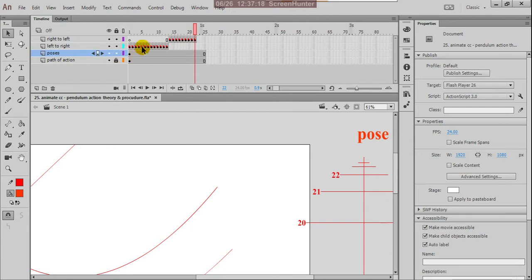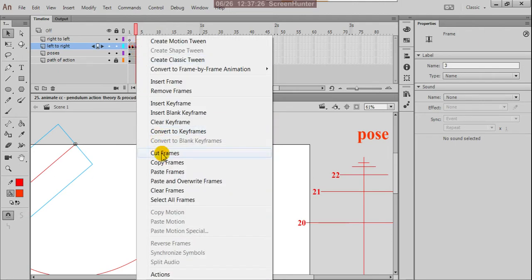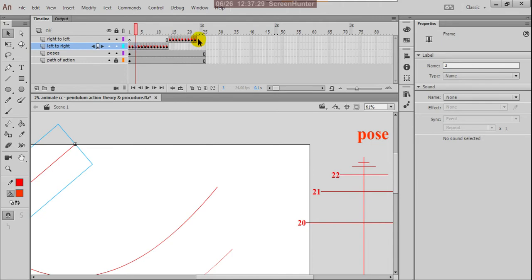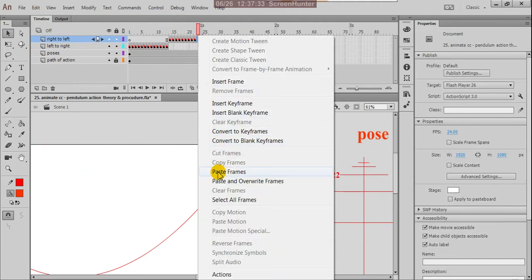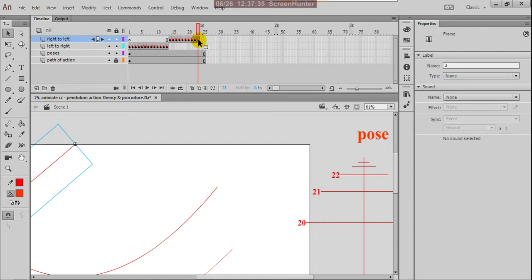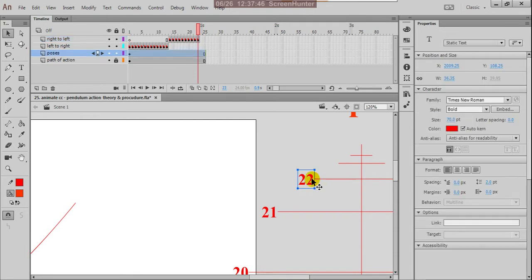Next click on the third frame, right click and copy frames, and at the 23rd paste frames, and give 23. At the ladder also we give the same.